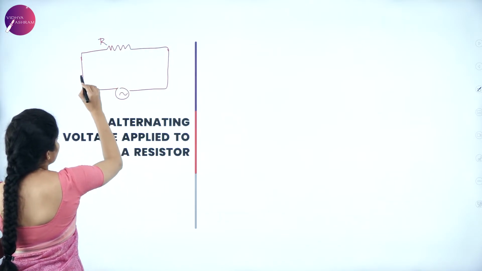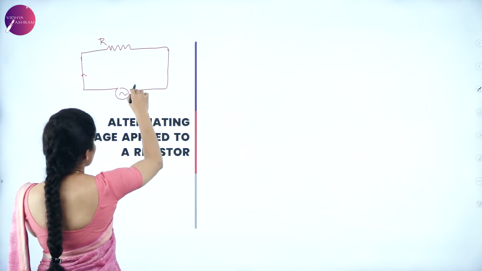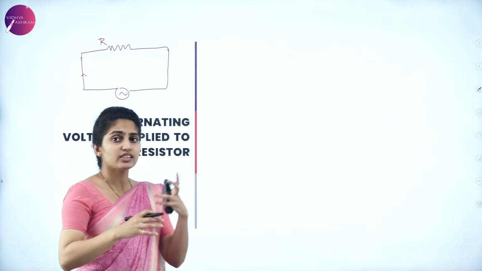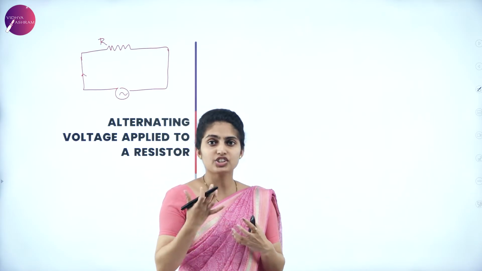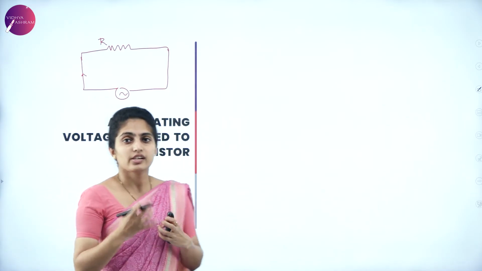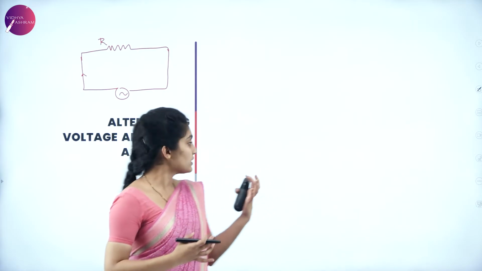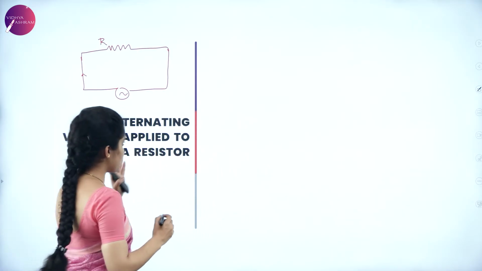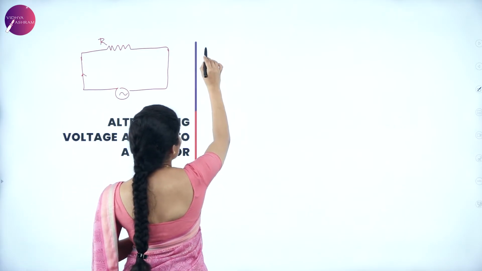Okay, so the alternating voltage is placed, that is either this way it turns out, or alternating voltage in the sense each and every time its cycle changes. So for the arrow mark we can't specifically give exactly which side it takes up. Okay, so now alternating voltage which is applied to a resistor, which means to say that we have a voltage